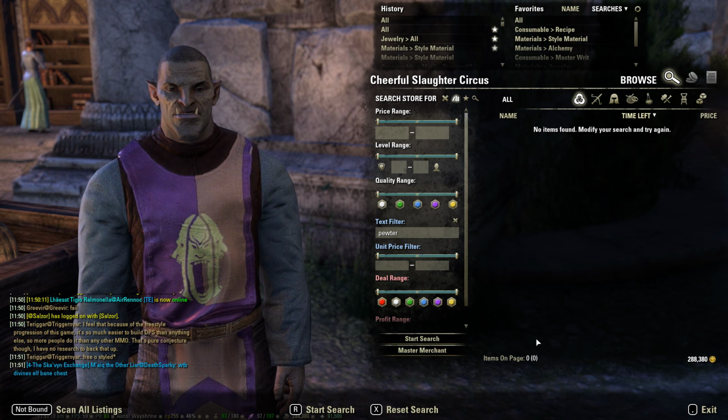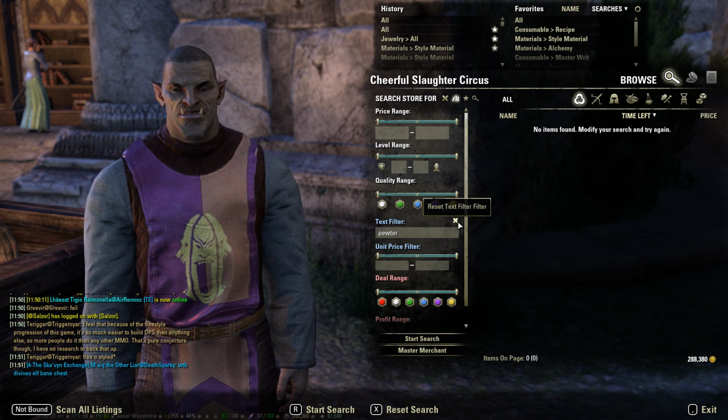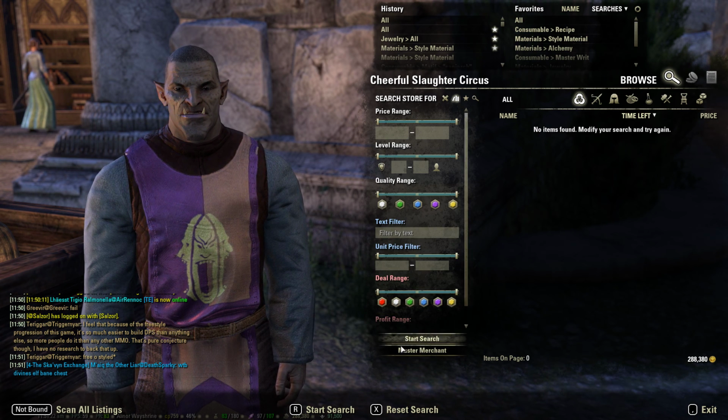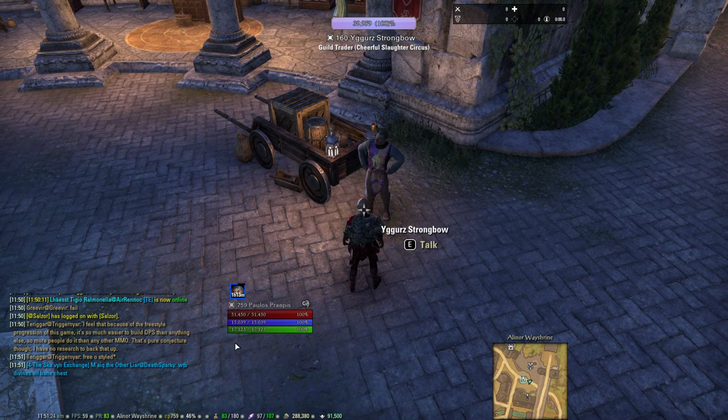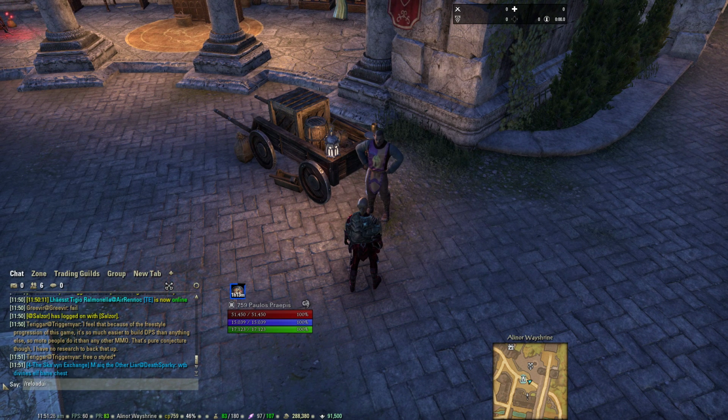Okay, and there's a bug you sometimes get, which is sometimes it just refuses to show anything, and that's fixed with a quick reload UI. So yeah, get Awesome Guild Store. Stop bitching about the Guild Store search, because you can